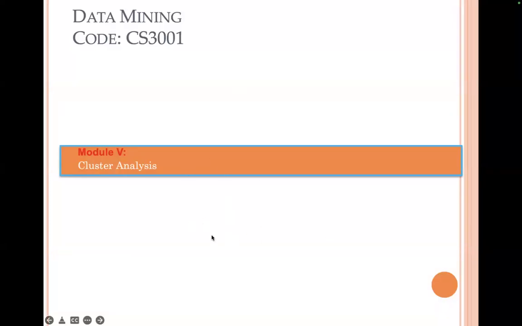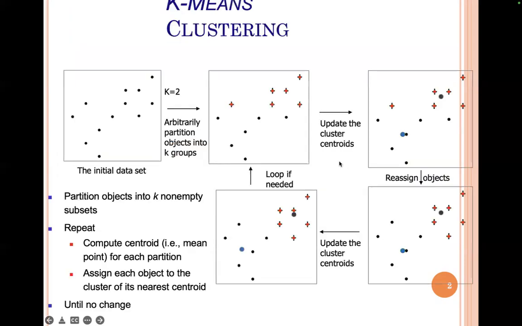So we are going to discuss cluster analysis. In the K-means algorithm, we have seen that K plays a very important role, because if we give a wrong value for K, then whatever clusters form, you cannot say that they are the accurate ones. So we should be very careful while selecting this value, right? In this particular slide, you can see we have selected K is equal to 2